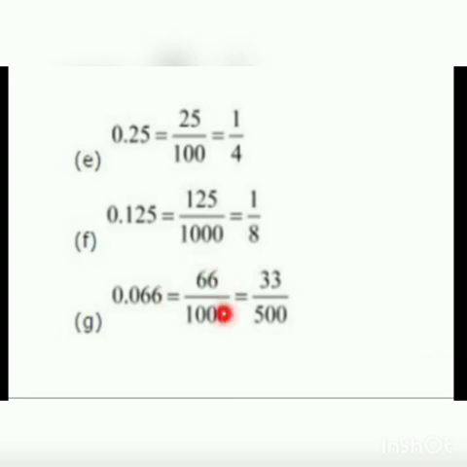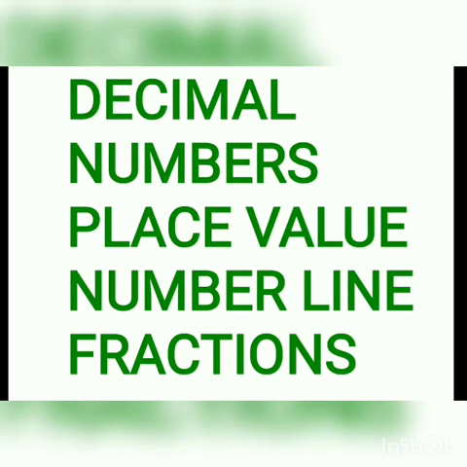So 66 by 1000, now making it into simplest form. Here 2 is the common factor. 66 divided by 2, 33, 1000 divided by 2, 500. Now there is no common factor between 33 and 500. So the simplest form of 66 by 1000 is 33 by 500. So this is how you are converting the given decimals into fractions. So winding up today's class, today we discussed how to represent decimal numbers on a number line and how